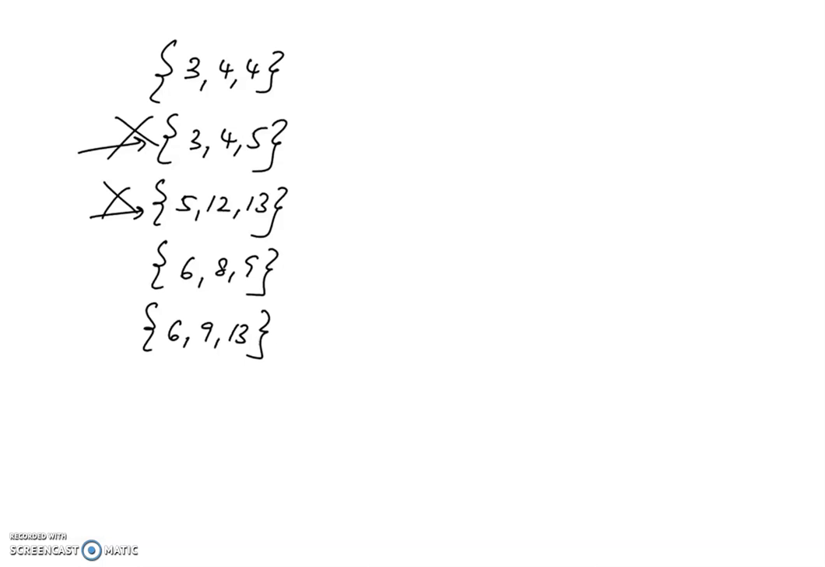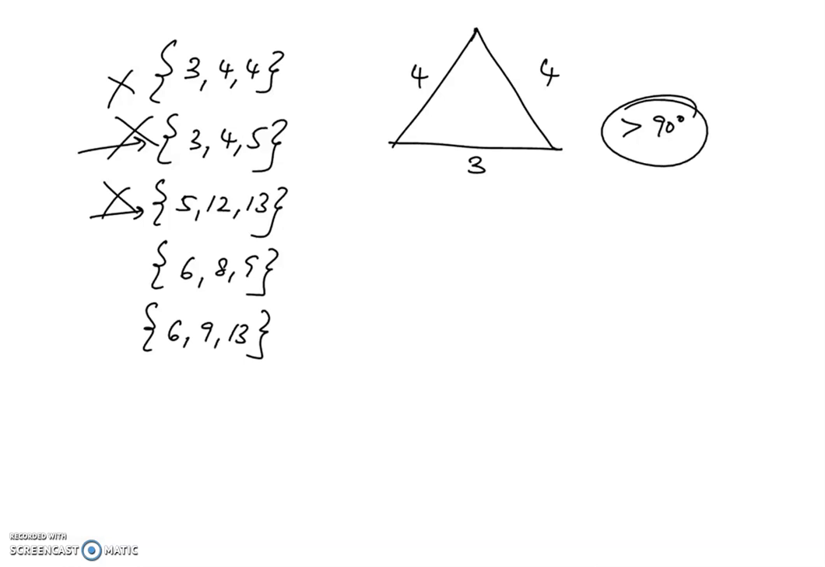And 3, 4, 4, if we do, it's an isosceles triangle, 4, 4, 3. This is not going to be an obtuse triangle, meaning I need one of the angles to be greater than 90. So we're really left with these two. Now to decide between these two,